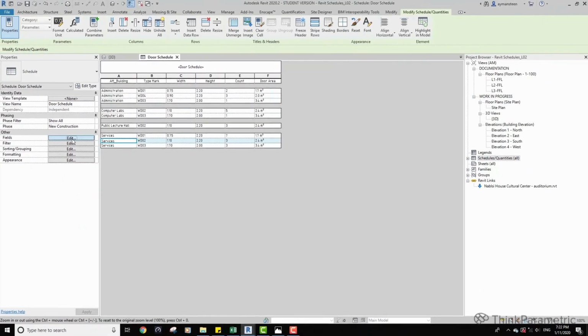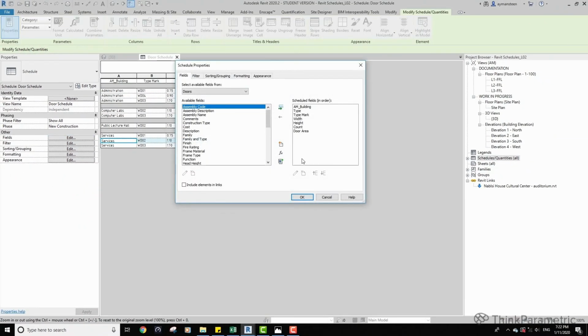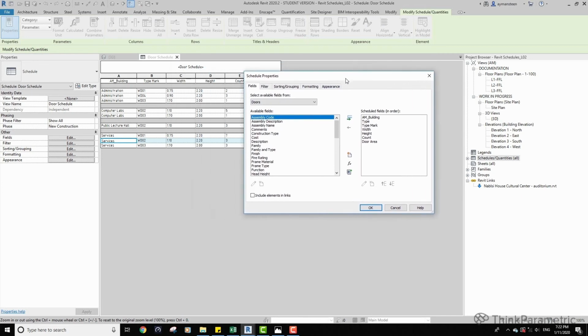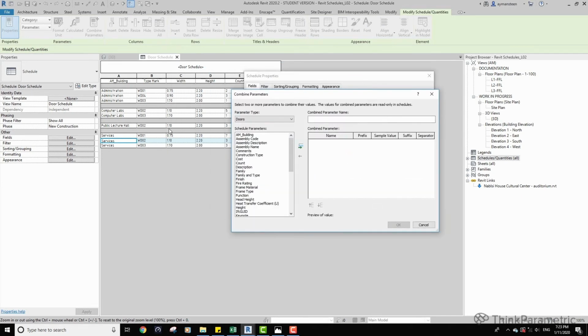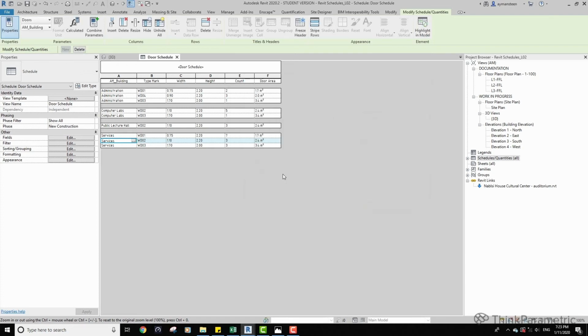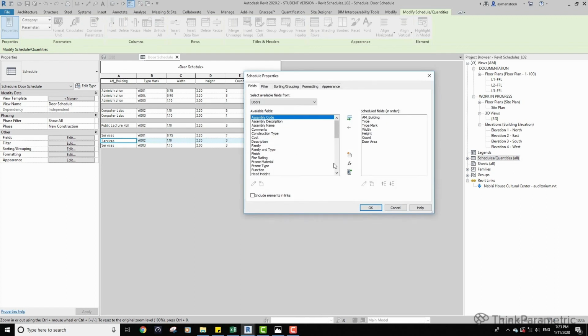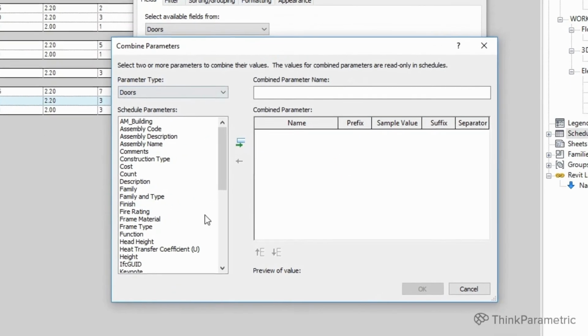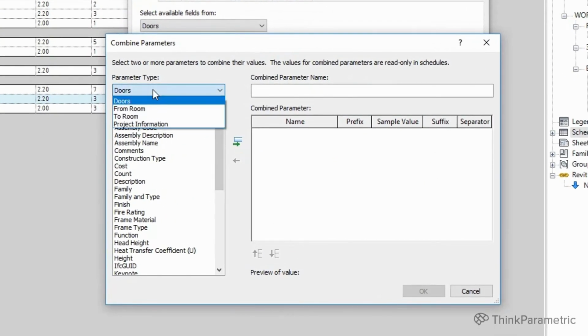Now, another setting inside the fields we can use is combine parameters. Here's the tool right here. I want to combine the parameters of the building and the type mark. So to do this, there's another setting inside the fields section. If we go right here, we can see that we have combine parameters. If we select it, you can see that we have the parameter type.